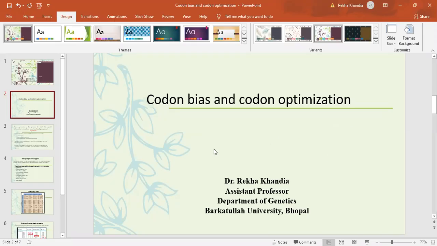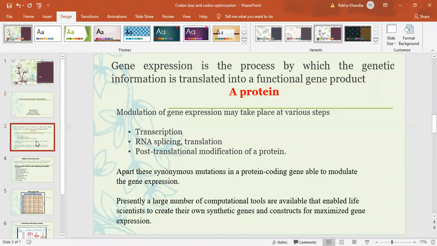So first we will discuss where these two words, codon bias and codon optimization, come in. For that we have to discuss a protein, which is a product of gene expression. Gene expression is the process by which genetic information is translated into a functional gene product, which is a protein. And gene expression is modulated at various stages, like transcription, RNA splicing, translation, and post translational modification of